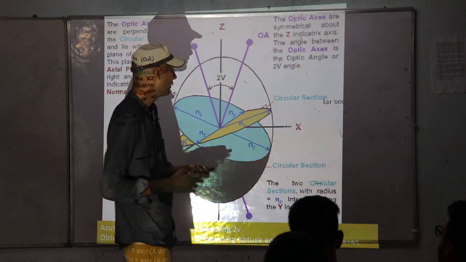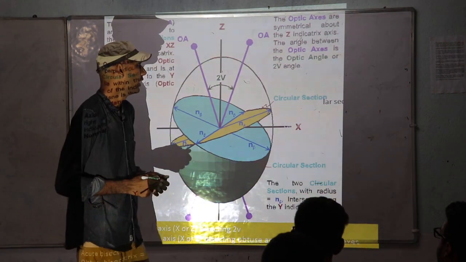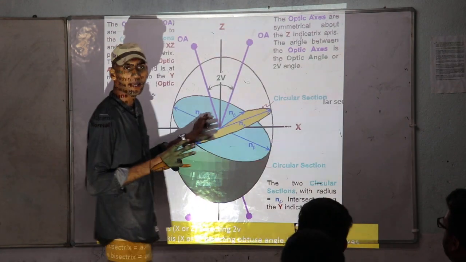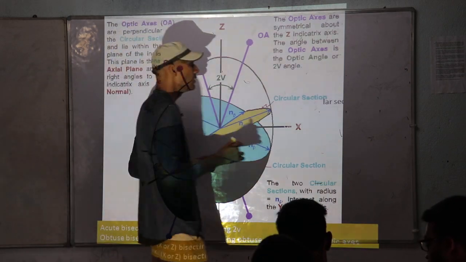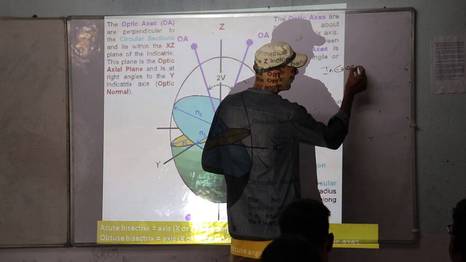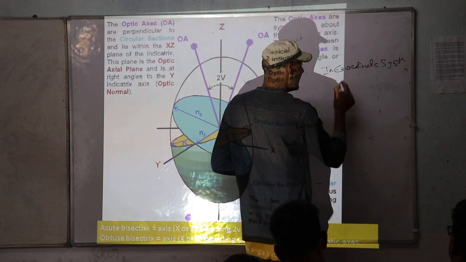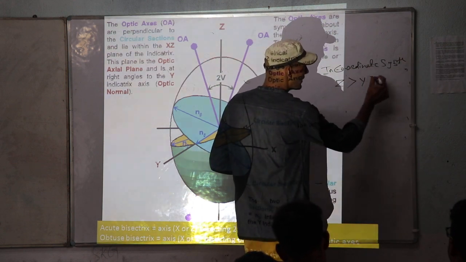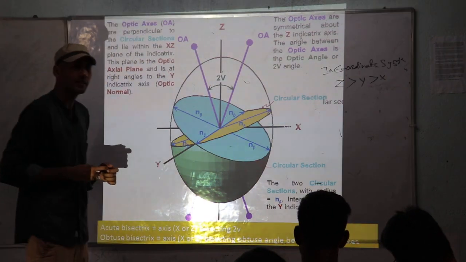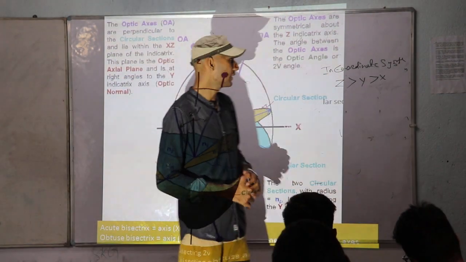Okay, then we are starting with biaxial minerals. What happens in the case of a biaxial mineral? As I have told you, there are some assumptions before going to the biaxial indicatrix. We'll take some assumptions. In the coordinate system, Z is always longer than Y, which is longer than X. If we are talking about the coordinate system, Z is the longest axis and X is the shortest axis.